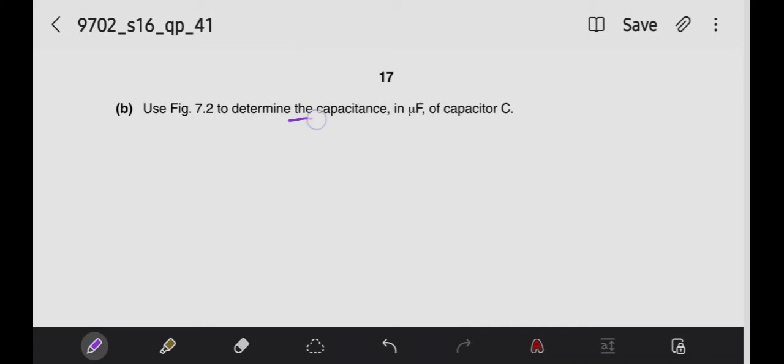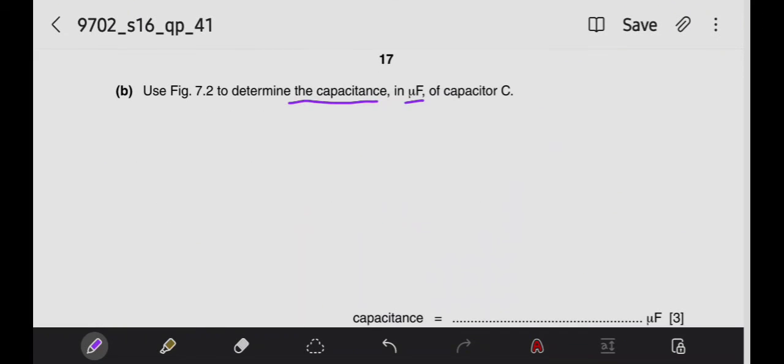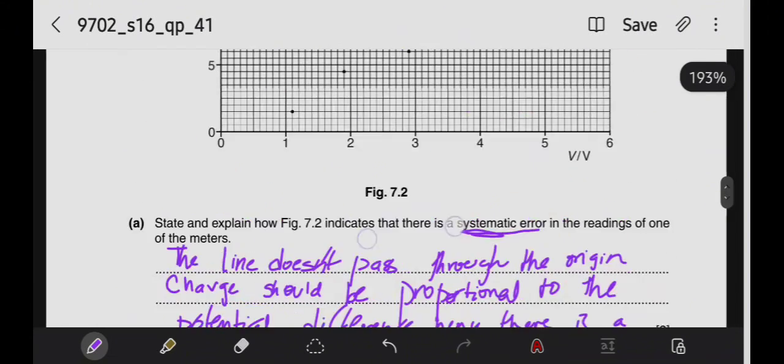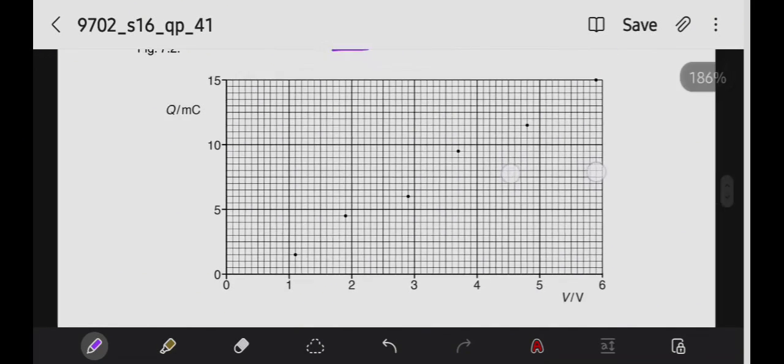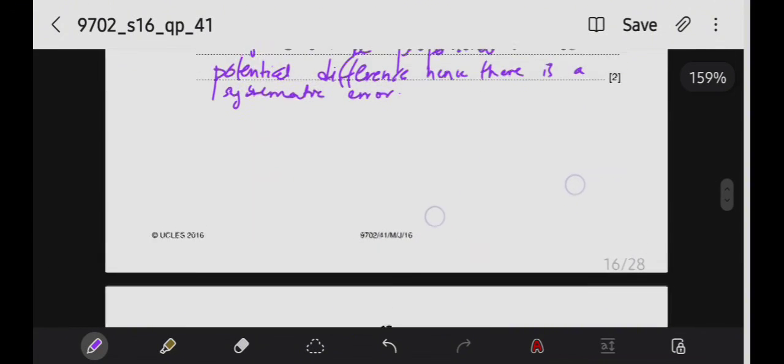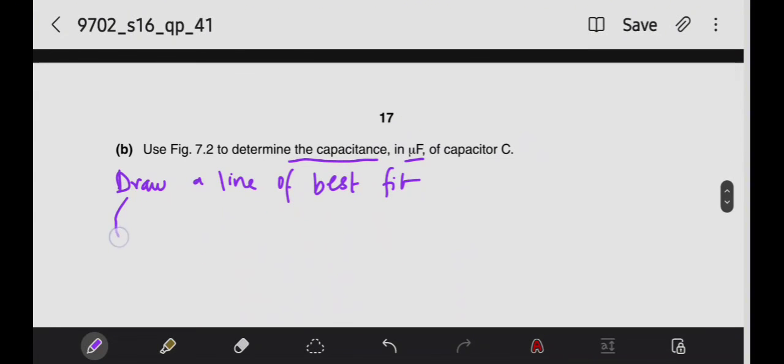Use figure 7.2 to determine the capacitance of the capacitor C. So for this part, you need to draw the line of best fit on the graph. You need to draw this through these points, the line of best fit. Remember that there should be an equal number of points on either side of the line. And then what you do is you take 2 points on that line to find the gradient. So I've already done that, and the 2 points that I have taken are 0.60 and the other one is 5.4,